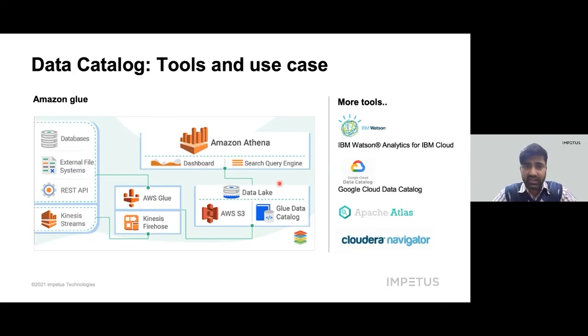Another interesting thing about these catalogs is that they can even automatically compute some more statistics on the data, and these statistics can come in really handy to the users as they make querying into that data really effective, cost effective, and very efficient. Apart from this, catalogs also maintain a history of the schema versions so that one can understand how your data has changed over time. I think that answers one of the questions from our audience today, that if I look at the catalog, I can always know what schematic changes have been made to my data since it was first registered. There are some more tools available in the market for data cataloging and management needs. They're called IBM Watson, GCP Data Catalog, etc.